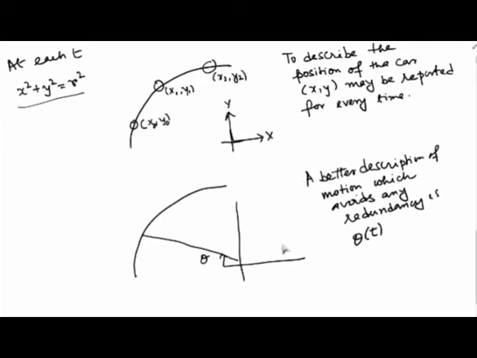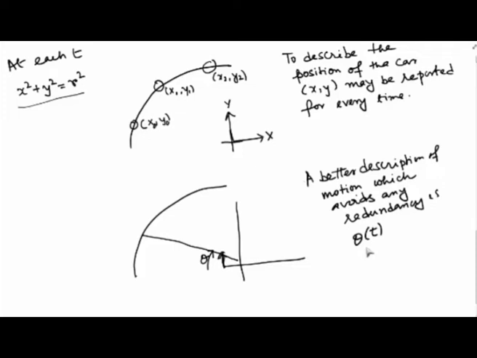So the better and smarter choice in this case would be to describe the motion characteristics in terms of this theta variable. So at each instant of time, if we describe the motion characteristics in terms of theta, then the motion is going to be completely derivable, and there is no redundancy in this formulation, because at every instant of time you need to specify a position that will in fact come through theta of t.